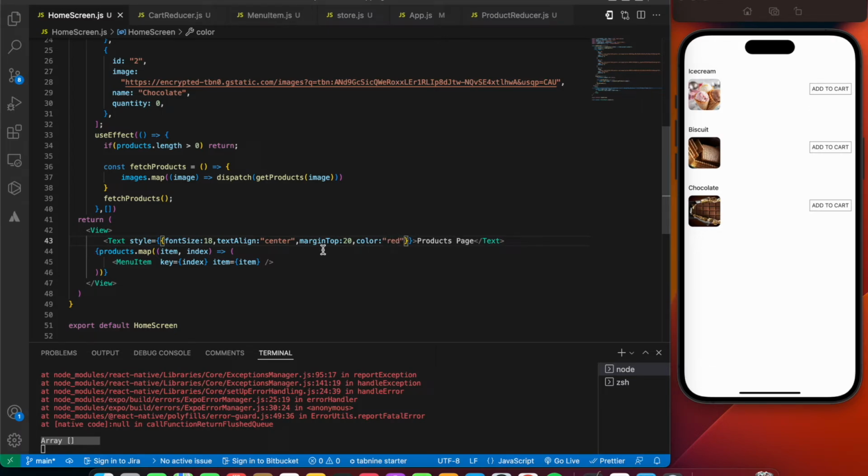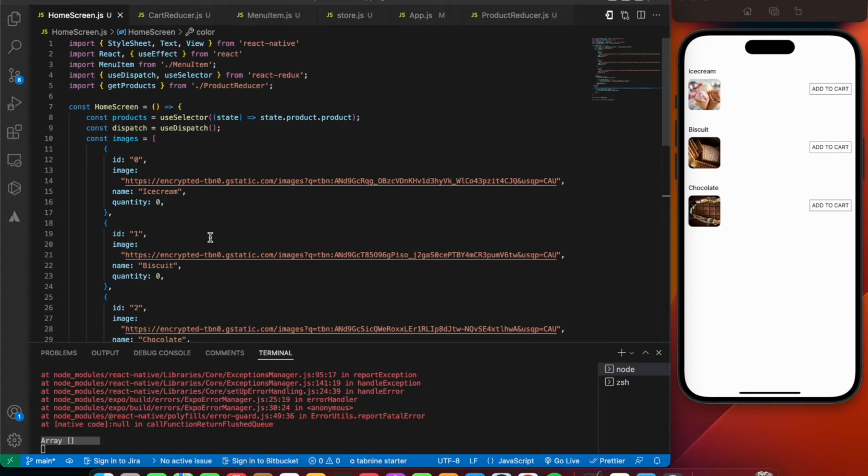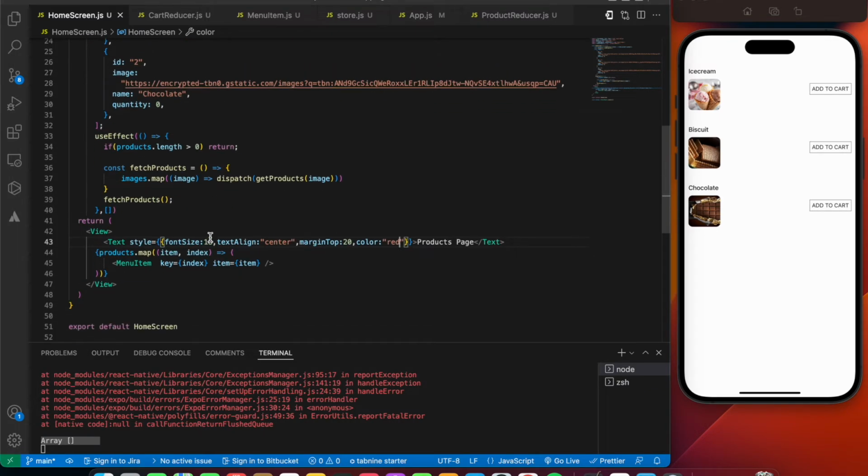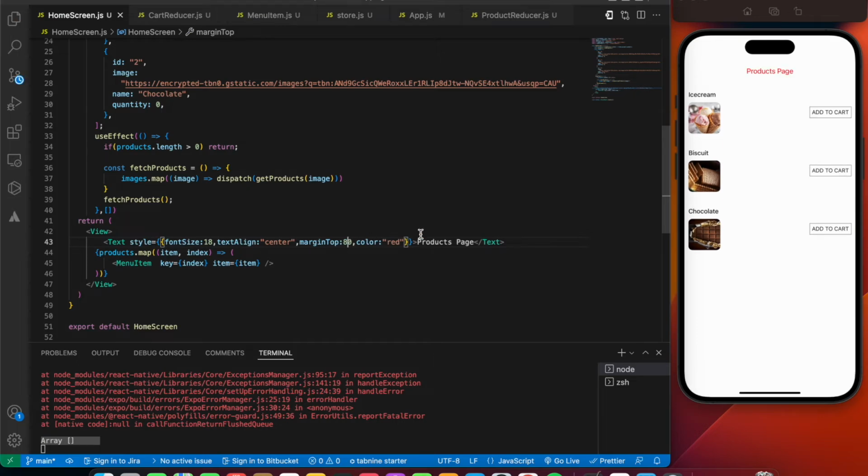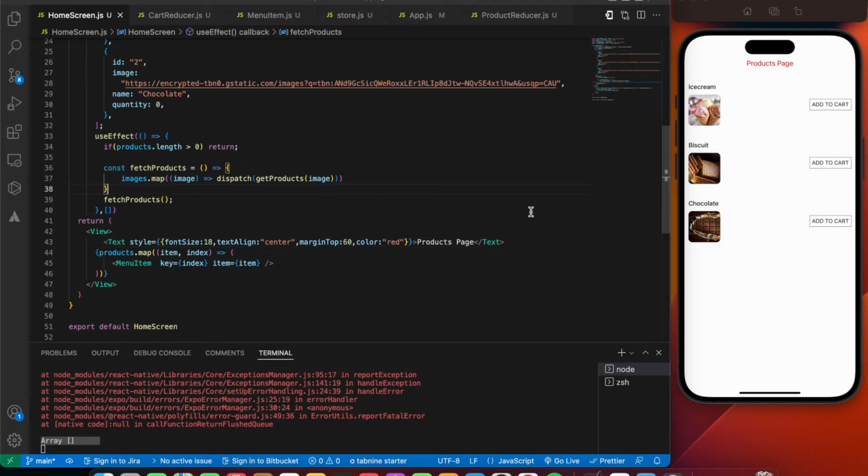That's weird, I'm not able to see the text. Why is that happening? Let's keep it 80. Yeah, okay, that's cool. Now we are able to see the products. Let's give 50 or 60. So this is basically the products page. It was not being seen because it was almost going at the top part of the screen.